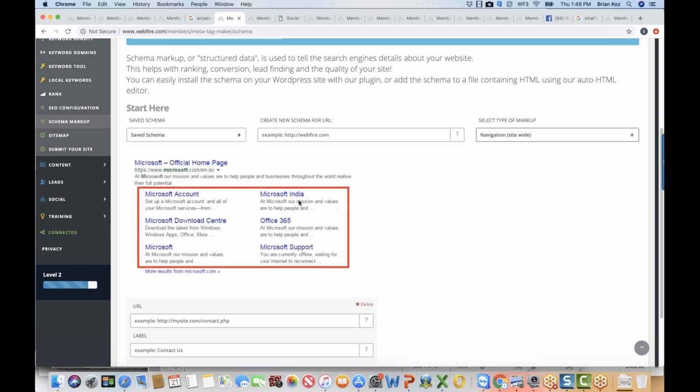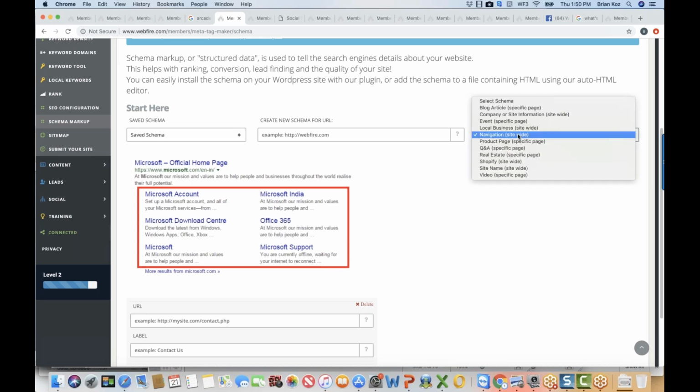There's also a navigation one right here. So if you've ever done a search on Google or Yahoo and stuff, you've probably seen that most sites just have a standard link like this, but sometimes have a bunch of links underneath them. That's done through a navigation schema, which you can easily do here using this. So obviously it basically takes up a lot more real estate on the first page of Google and stuff, which is always nice. And it gives more opportunities for them to click on a specific thing that they're searching for.